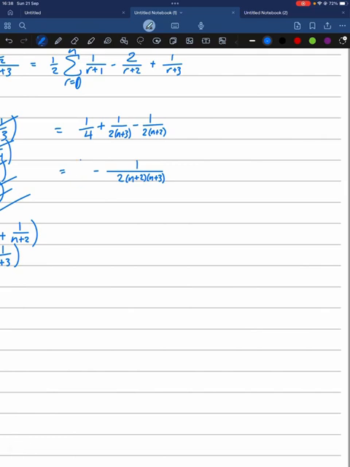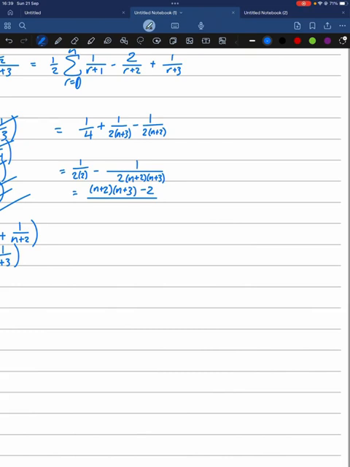Now 1 over 4 is 1 over 2 times 2, so 1 over 2, 2. So what we have to do now is, we don't have to multiply this 2 because that's a common denominator, so we're just going to get n plus 2, n plus 3 minus this 2